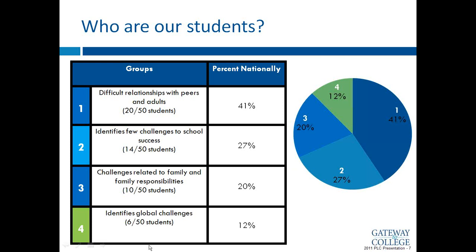And you mentioned that you sort of stayed away from assigning a label to each of these groups. So you want to maybe say a few words about why you took that approach? So at this point, as you can see, we're calling these groups 1, 2, 3, and 4. And we're doing that really intentionally. We wanted to get feedback from all of you and also to dig into each of these groups a little deeper and really figure out how they lay on those groups that other researchers have found.